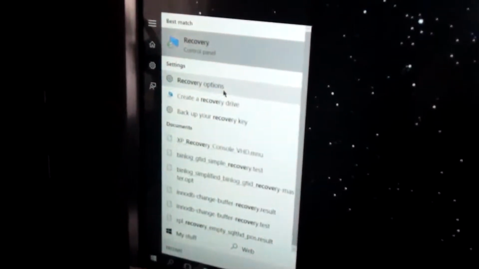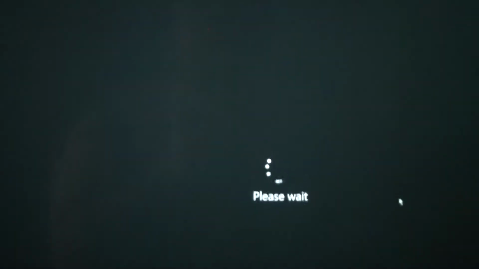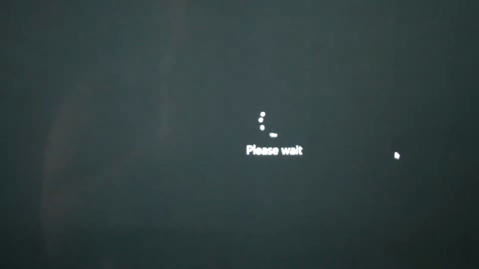So you got your INF file. Next thing to do is go to Windows, look for your recovery settings or recovery options. It's right there. Click on recovery options, and then you go restart now, because you can't install the driver. You will not be able to install the driver because there's a custom driver. Windows won't let you. So you go to this restart mode,